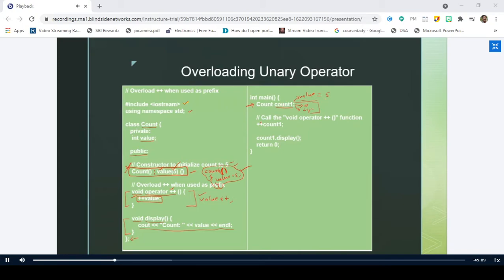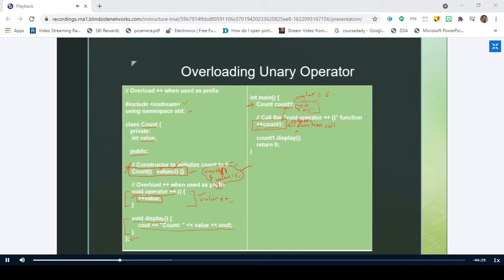Now this time what I am doing, what is this statement called? Can anybody tell me? Calling with the operator with respect to this class. Super, right. So this is called the function call, which otherwise we can call as operator function call. Is it clear? So when I write a statement like plus plus count one, that means I am operating this plus plus on this object count one. Therefore, this is nothing but the operator overload.